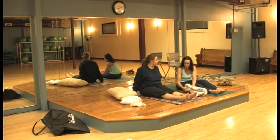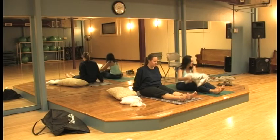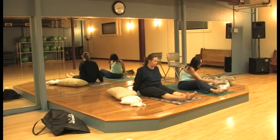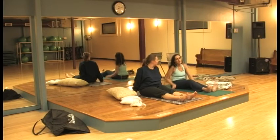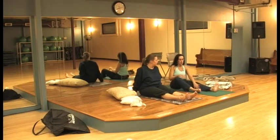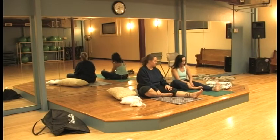Feeling okay? Yes. Okay. The next pose in this series is Janusirsasana, and it's similar to that pose, but it's a one-legged forward bend. So we'll start on the right. So bring in the right leg in a bent position with the sole of the foot on the inside of